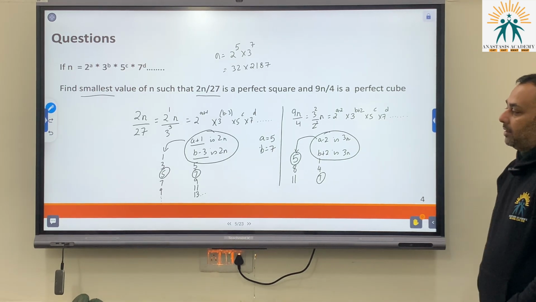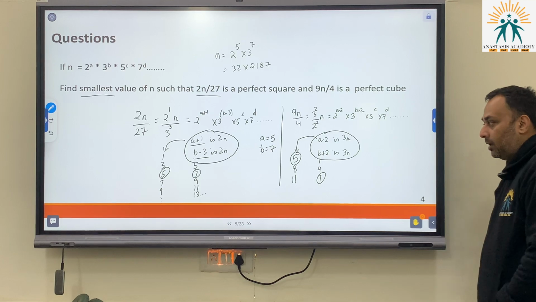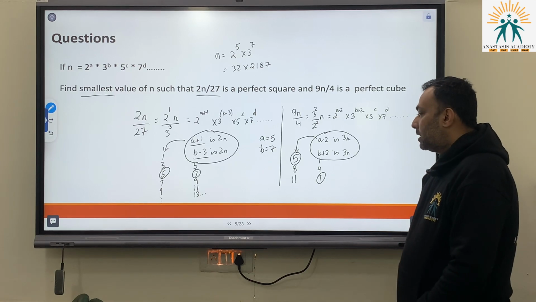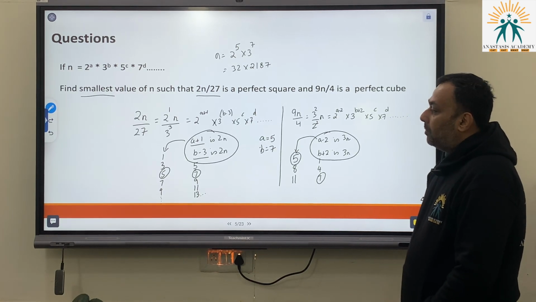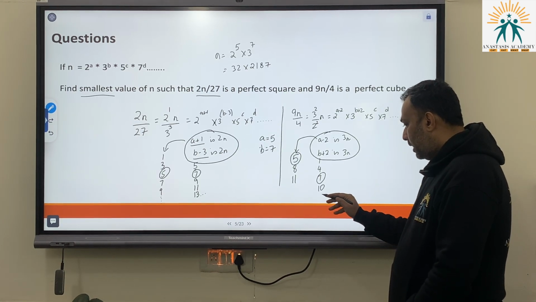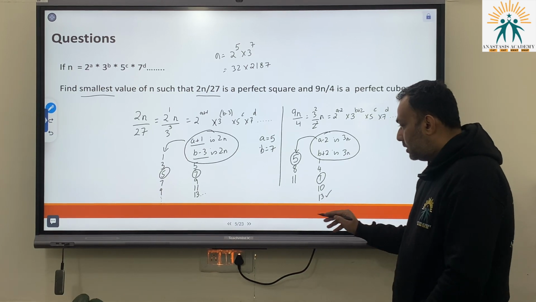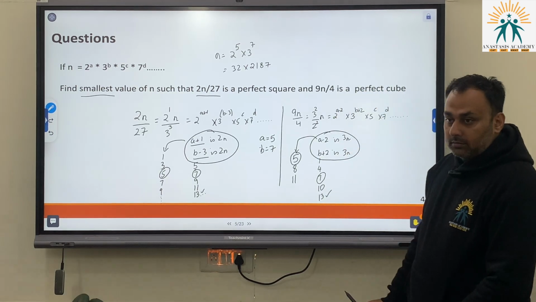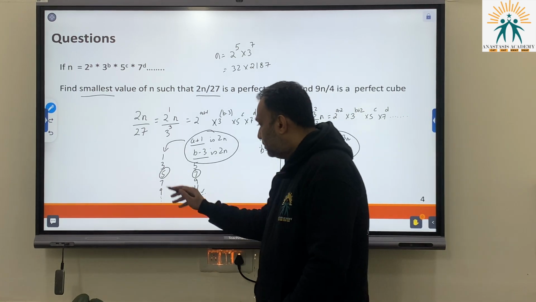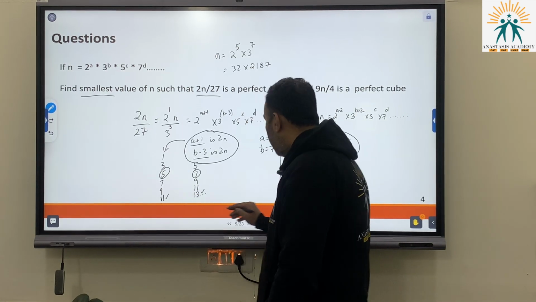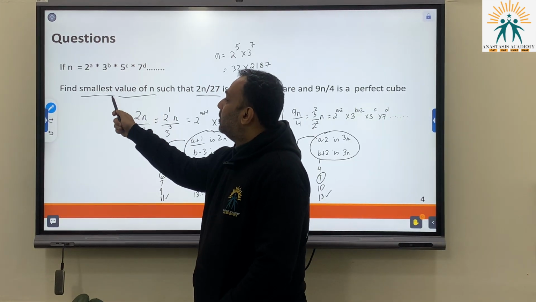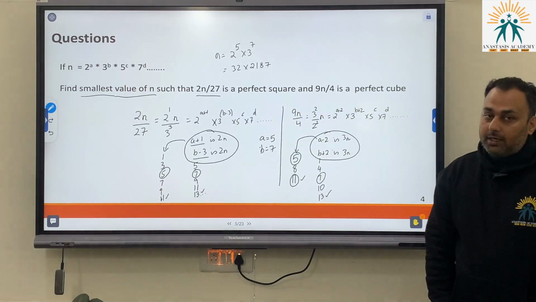And then we are able to identify the value of A has to be 5, value of B has to be 7. There will be more such values. If we keep on moving, there will be more such values where this condition will be met. But we don't have to check any further, because if you keep on moving, 1, 4, 7, 10, 13, you see this 13 and this 13 also align. Or this 11 in this series will also be 11 where this is true. But because we were looking for the smallest value of n, the first values of A and B that are acceptable are the ones